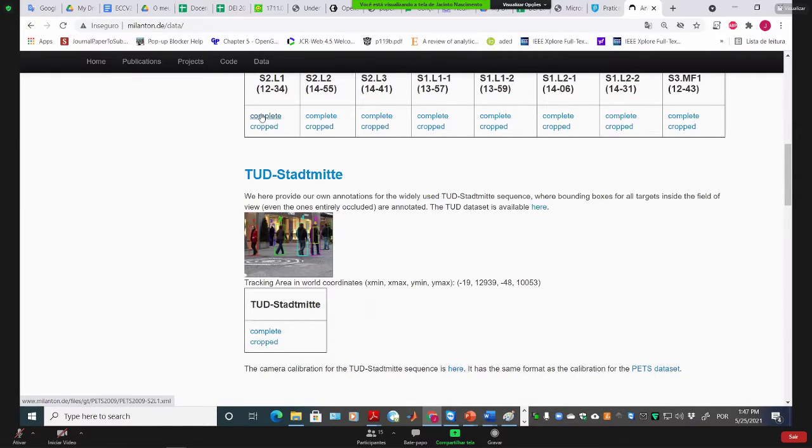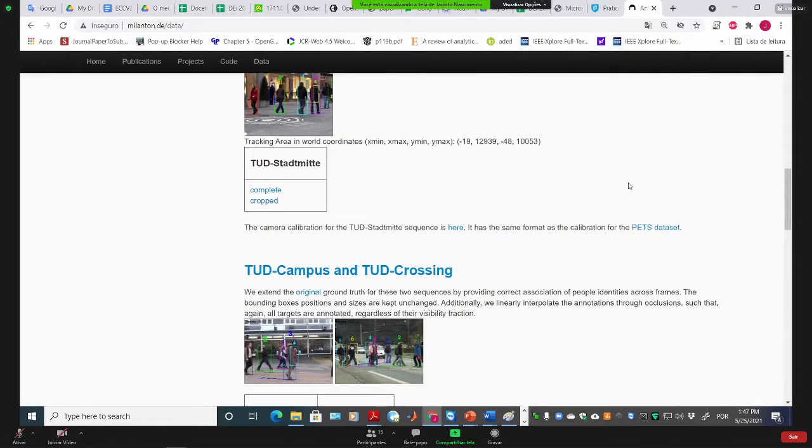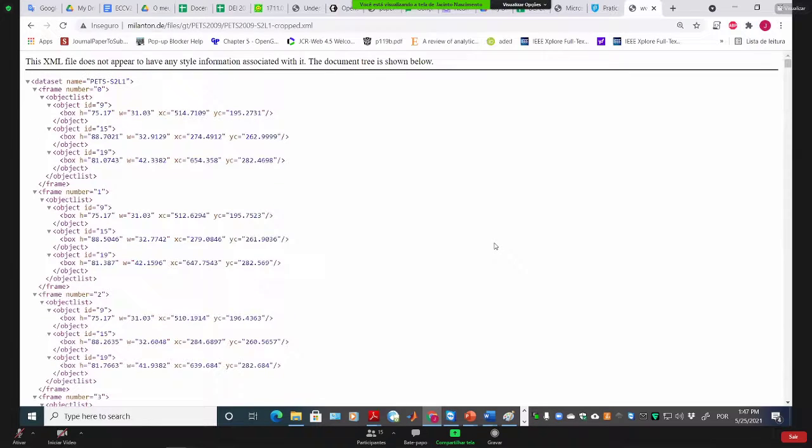I guess complete contains all the bounding boxes, even when the object is not present. In cropped, I guess it's only the objects that are detected. João, did you manage to work with this second file, cropped? I'm pretty sure I'm using complete, and there's missing boxes there, but I could be wrong, and maybe I got the cropped version. Okay. So I think the complete